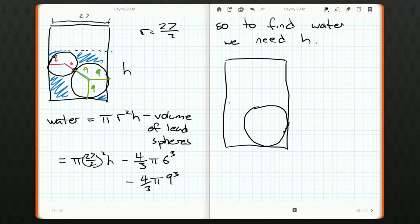Because it almost always does anytime there's a question like this. Okay. So we know that lines from the radii meet their tangent lines at their points of tangency at a right angle. And the centers of the spheres connect up here. We also have another right angle here. And we have a 9 here and a right angle here. Okay. And the height